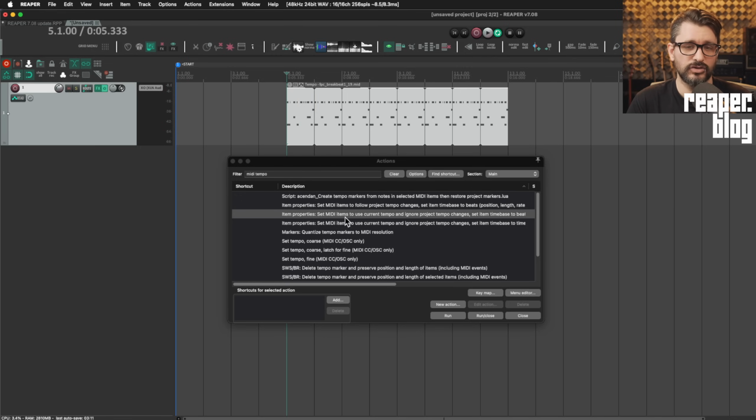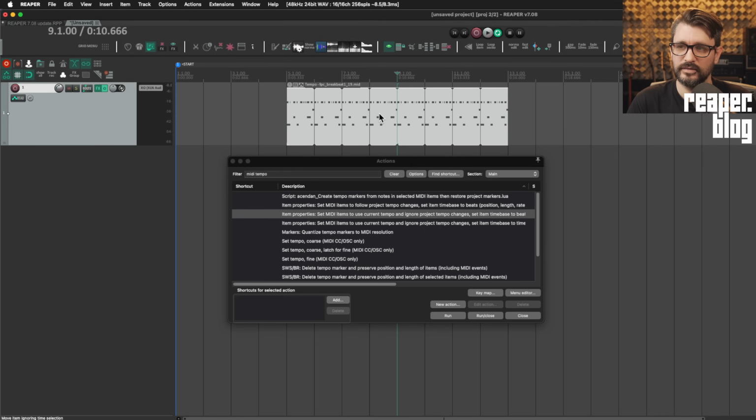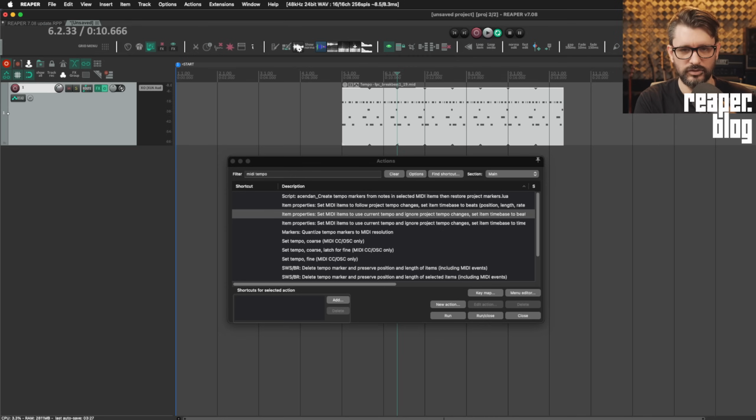Okay, so let's use this action here. Set MIDI items to use current tempo and ignore project tempo changes. So I hit run. Now this item is behaving like it's 180, but we can set our project tempo to 120. And this item is still playing back at 180. It's still at bar 5, but it doesn't align to the grid anymore because we told it not to. If we use the metronome,